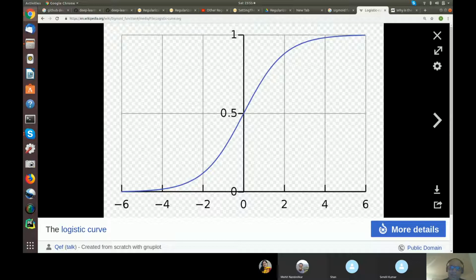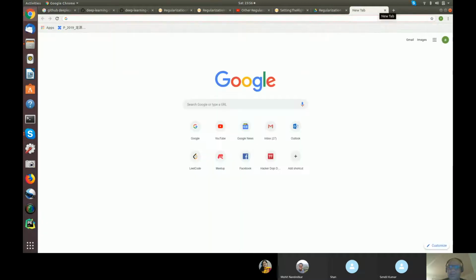This is one of the things that was observed, that in L2 regularization, the weights end up having values around 0.5. So the activation function acts as a linear function. Okay, back to